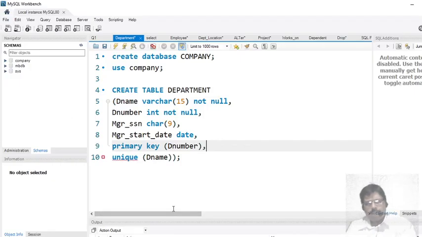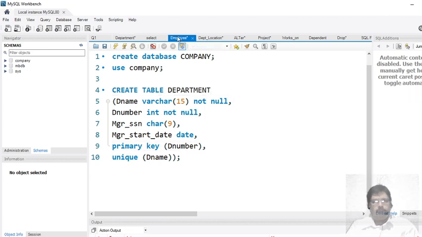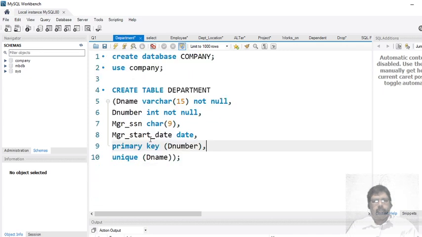Now let us see. Here we can see the department table, where we have a primary key for D number, and for the employee table we have a foreign key for D number referencing the department table. Similarly, we have SSN, a primary key in the employee table, which is referenced by a foreign key of the department table.